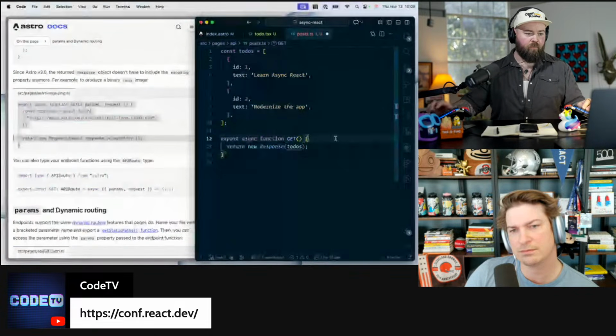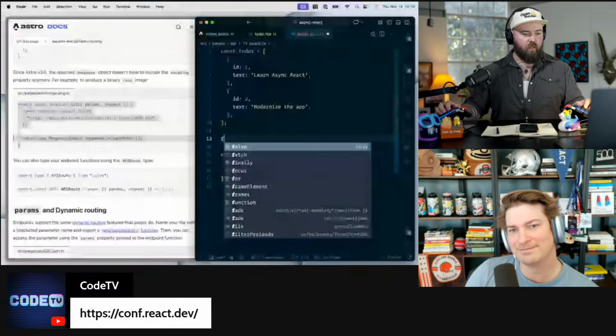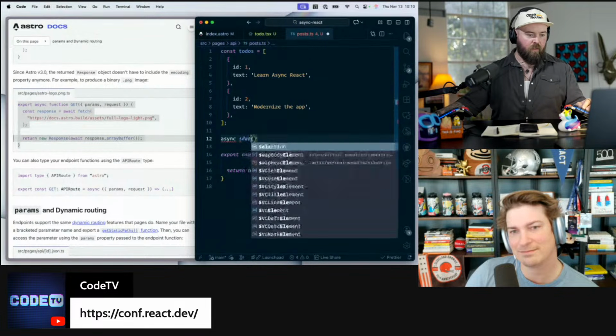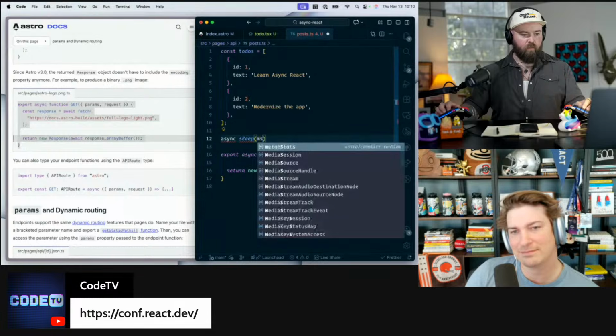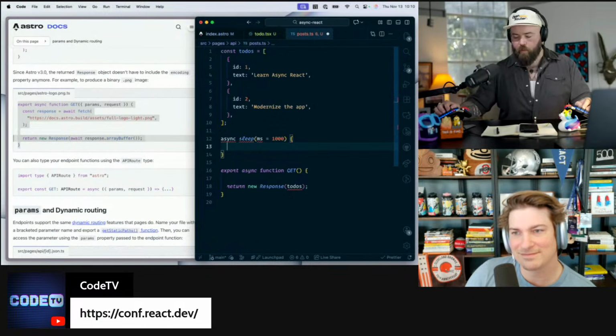But what we can potentially do here is await a simple sleep function that I always forget. Async sleep. We're going to give it milliseconds, and we'll default to 1,000. Oh my God, I'm on my fancy keyboard, and that means I don't know how it works.